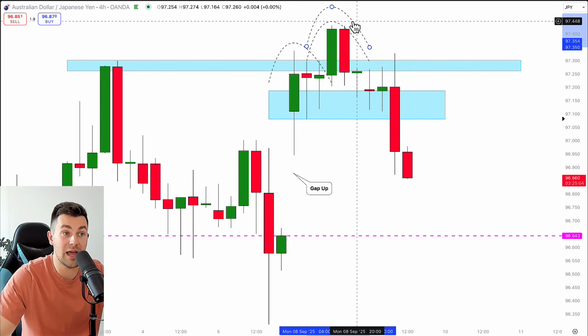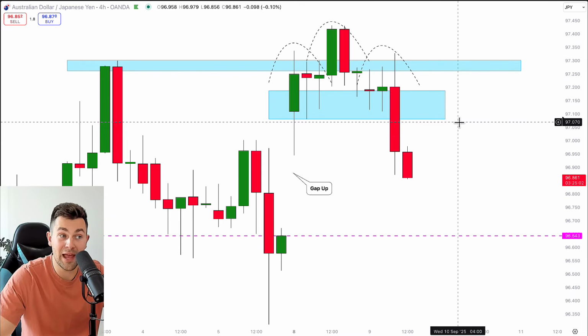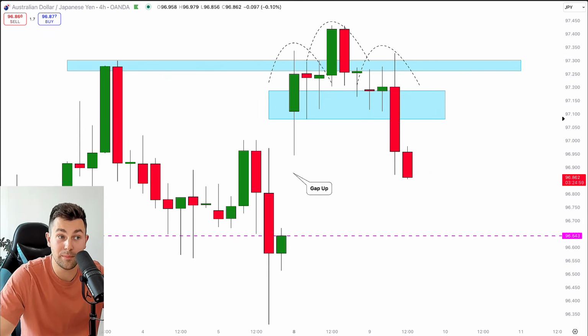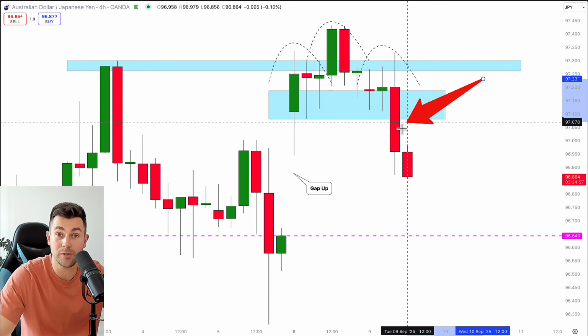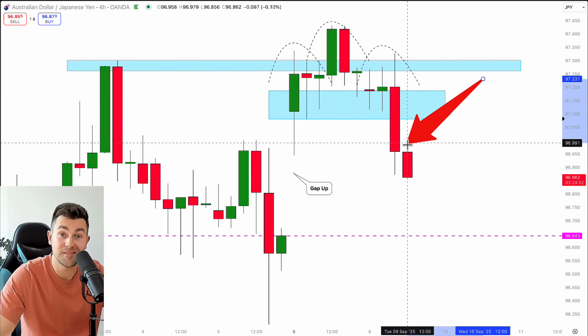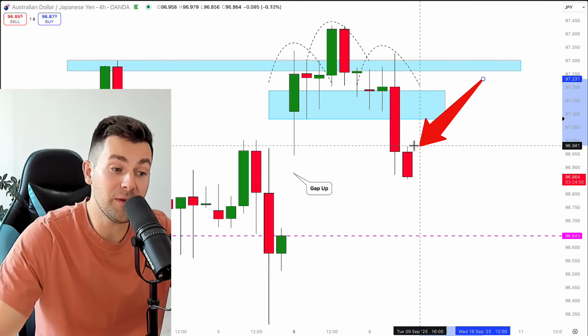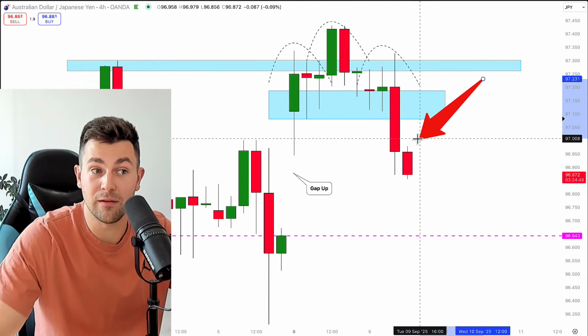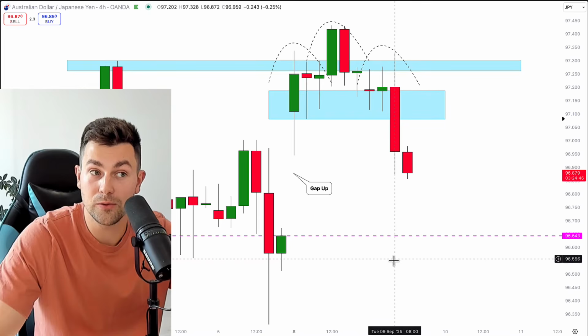You can see that the neckline of the pattern was broken with a high momentum bearish candle. That is our strong confirmation. That is a clear sign of strength of the sellers. So we can sell. The problem is though that if we sell from here after a close of this high